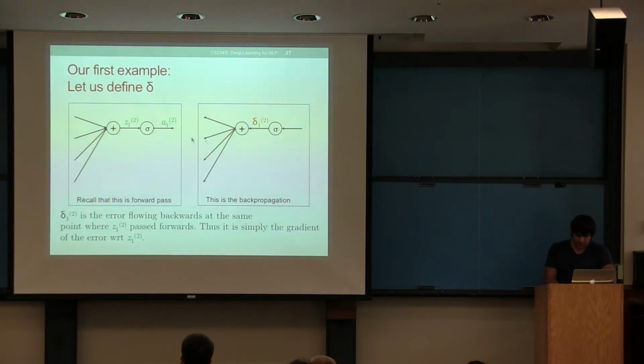So delta is, like I said, when you do a forward pass, which I'm going to refer to, things in green are typically forward pass, backward is in orange. When you do a forward pass and you get a Z12 and then you pass it through a sigmoid activation unit and you receive something like this, A12, for that exact same location the backward error is called delta 12. I think I've already mentioned this one. If you were ever wondering what delta is, it's the error exactly at this point.